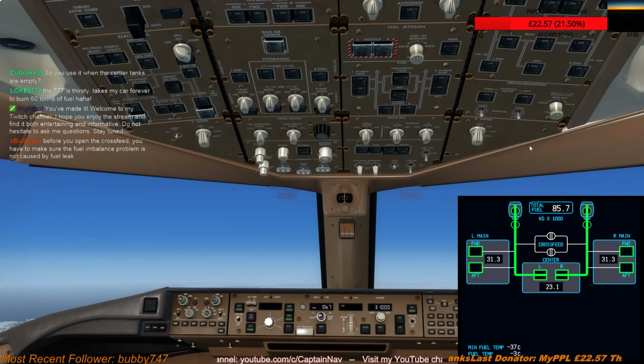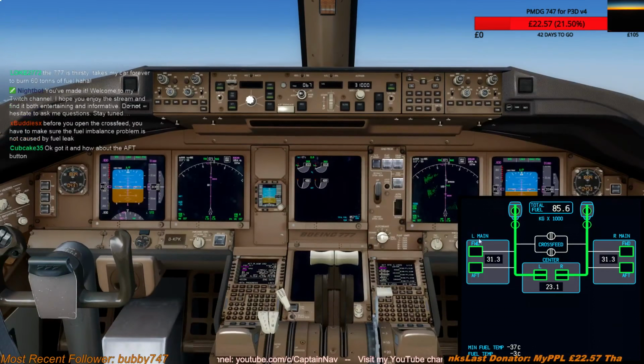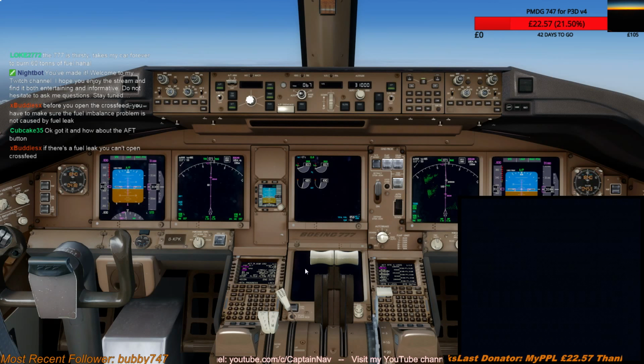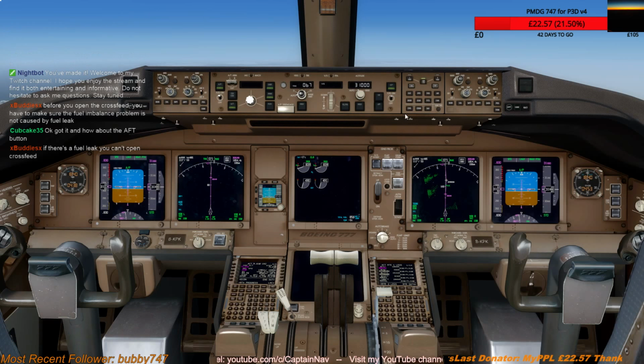I'll close the crossfeed valve here. Still feeding from the center tank. I'll close this. Close this. The display is going to be messed up at the end. Anyway, the one thing you've got to be careful of is that